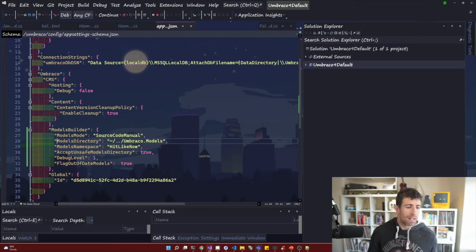Simple. Now it's also possible to change the default namespaces. So as you can see, we've got models, namespace, and I've called my new one